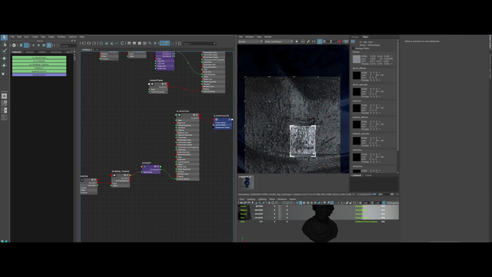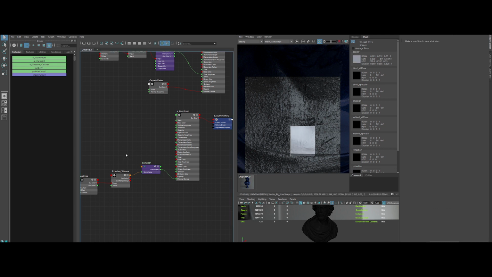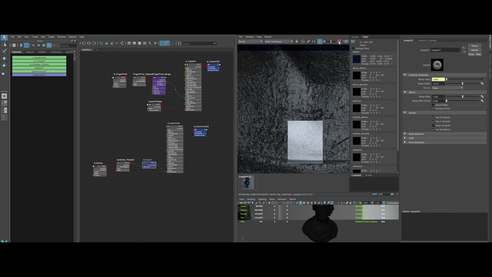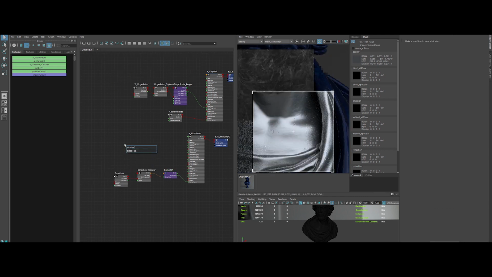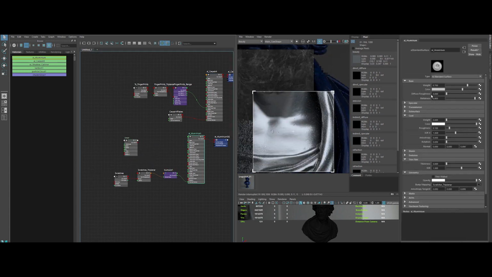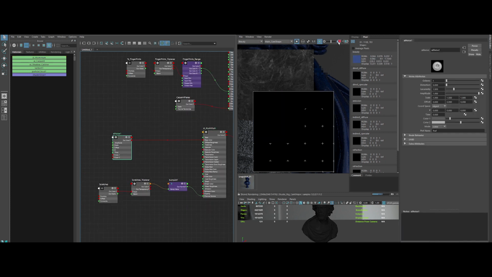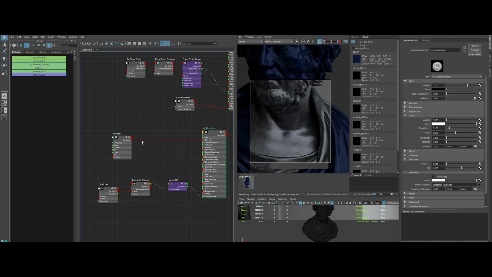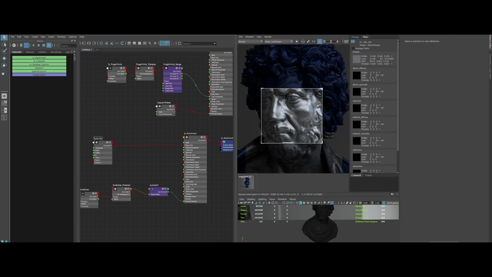Okay, it's really too much bump right now. Let's lower the value. Again. Yeah, better. I'm just reversing the value of the bump because it was inverted. I'm introducing a noise to create color variation in the base color. Now I'm tweaking a bit the value to make it more pleasant and organic. Tweaking and tweaking.